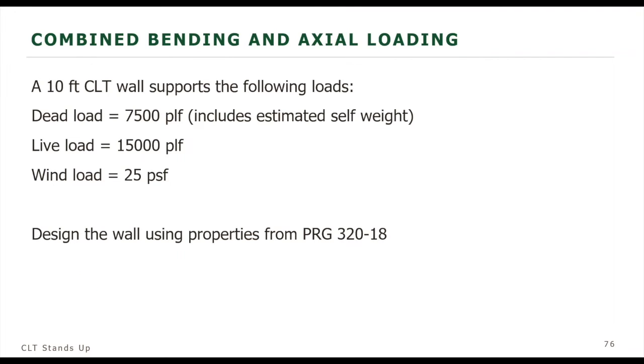So the first example we're going to go into is a combined bending and axial loading example. So this is going to be for a 10-foot high CLT wall. These loads that you see here are not